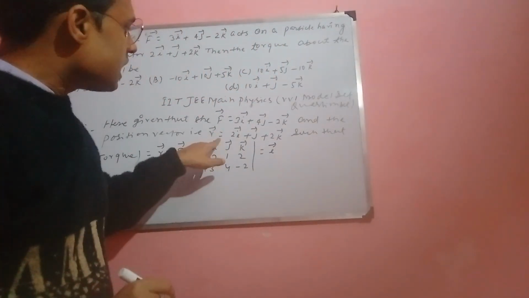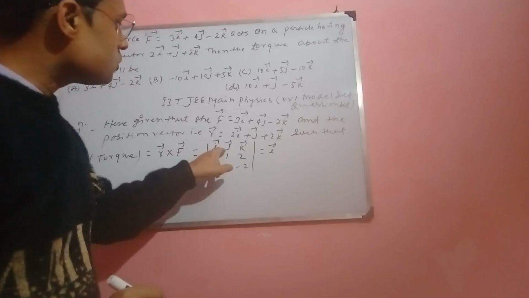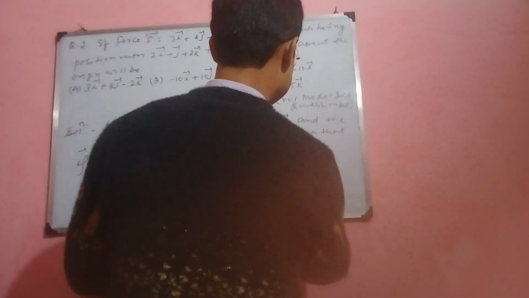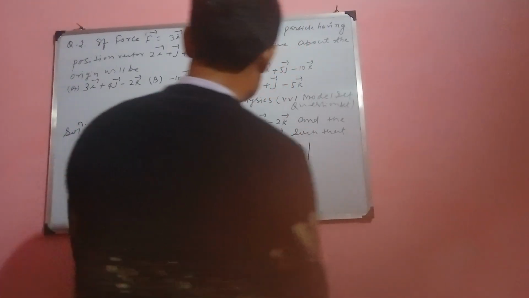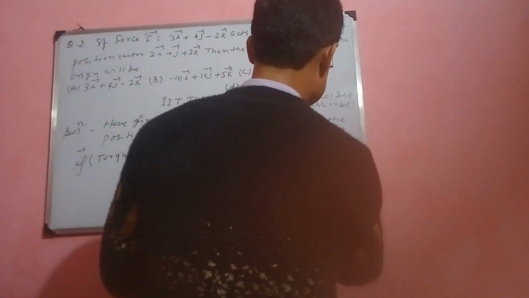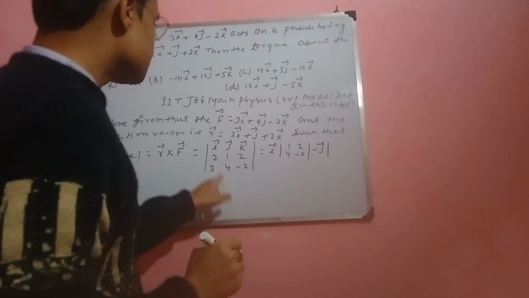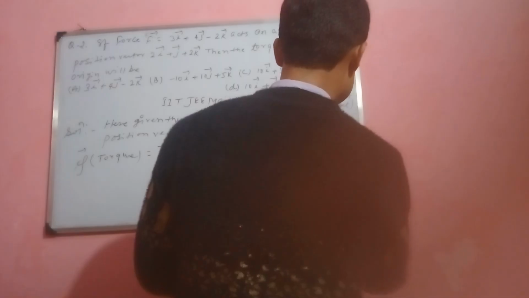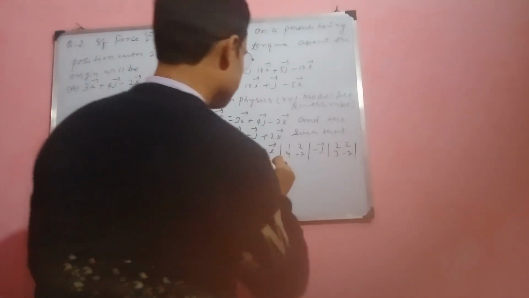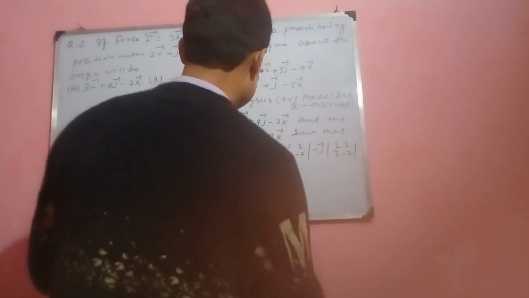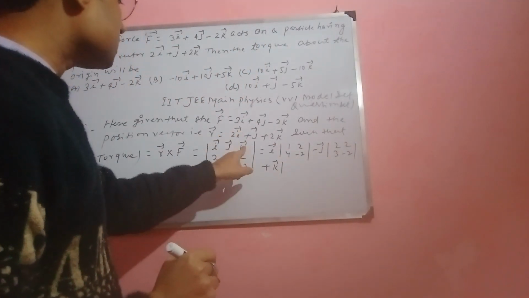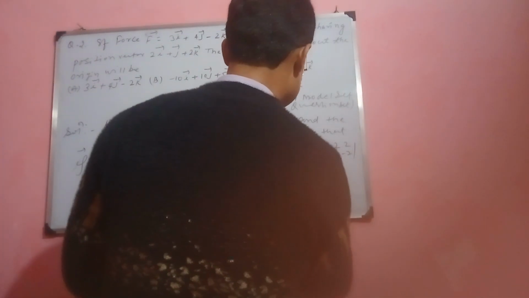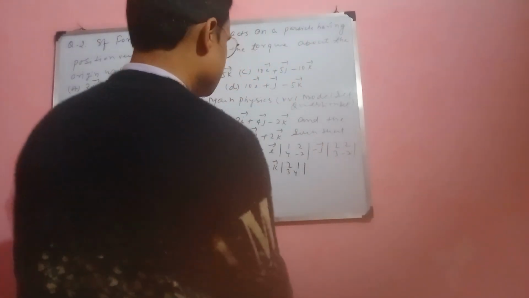i vector, that means this row cancels, and 1 4, 2 minus 2; second, minus j vector, this row cancels, this column cancels, 2 2, 3 minus 2, 2 2, 3 minus 2; plus k vector, that means the k row cancels, this column cancels, 2 1, 3 4, is equal to